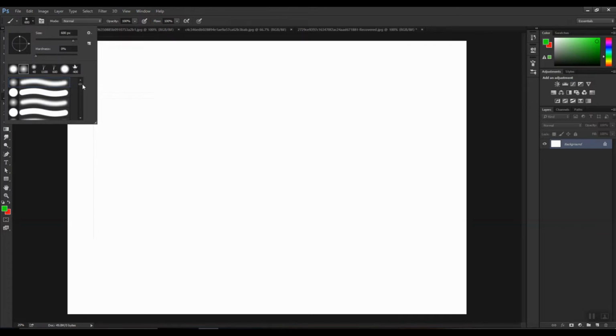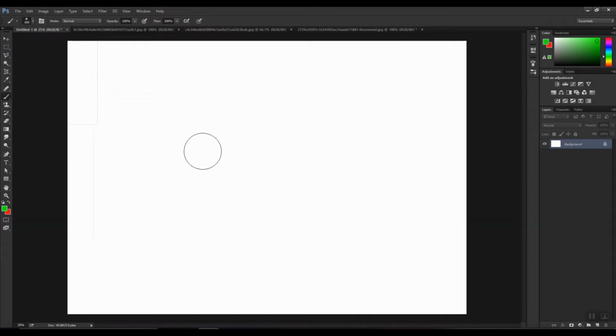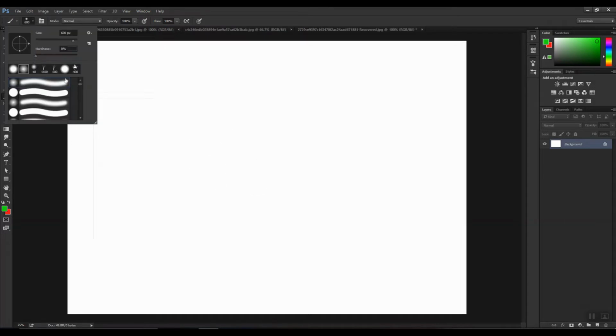Okay, now moving towards the different types of strokes. As you can see, we have a variety of options available. Just want to explain one thing to you. Out of all these, most of them select the color which is in the foreground. There are only a few of the brush strokes which select both the foreground and the background color and merge them to create a variety of colors.